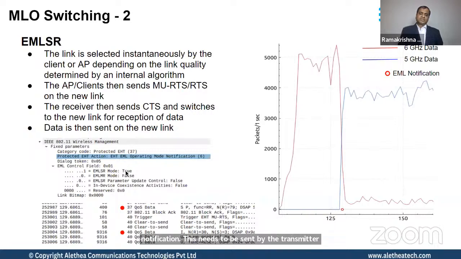Even though it's not really mandatory to make it work, this is how it is defined. Below is a simple trace where the data went on channel 37, which is for 6 gigahertz. Then we have an MU-RTS CTS sequence, followed by data on channel 40, which is 5 gigahertz. So this is how the switching happens, and this is how the trace looks if you have an EMLSR capable